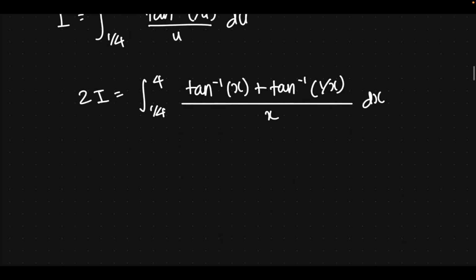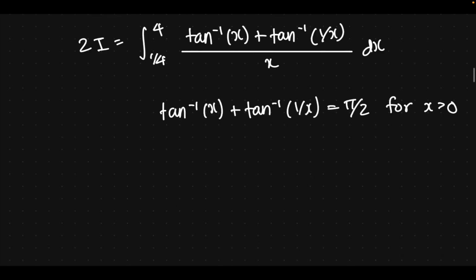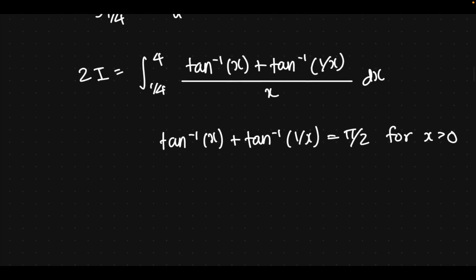Now I'm going to use a very powerful property. Notice that arctan of x plus arctan of 1 over x equal pi over 2 for x greater than 0. And x is indeed greater than 0. X is between 1/4 and 4. Both of them are positive. So this simplifies dramatically. Give us pi over 2, 1/4 to 4